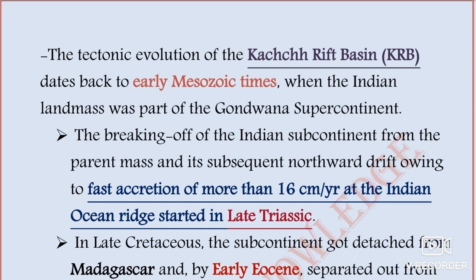So the tectonic evolution of the Kachch Rift Basin, better abbreviated as KRB, dates back to early Mesozoic times, when the Indian landmass was part of the Gondwana supercontinent. That means the early Triassic times, when the Indian landmass was an integral part of